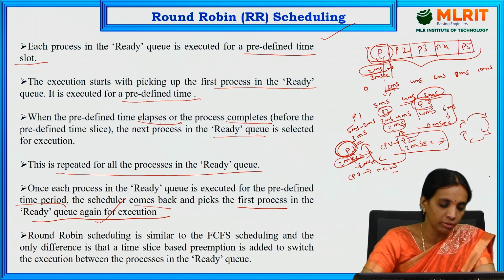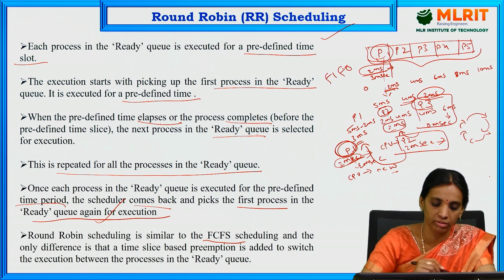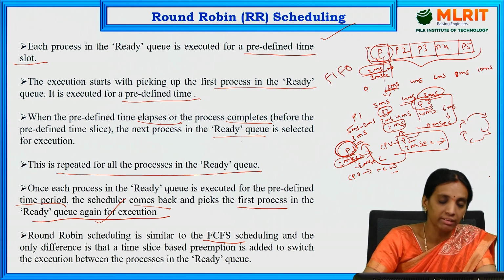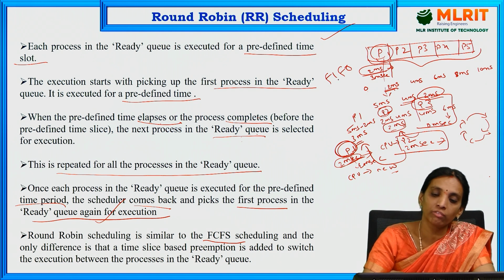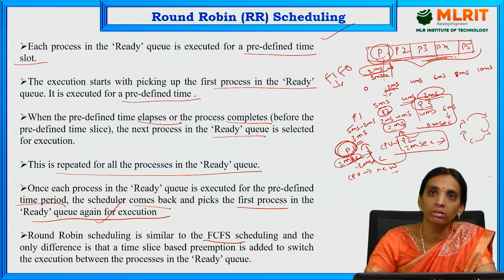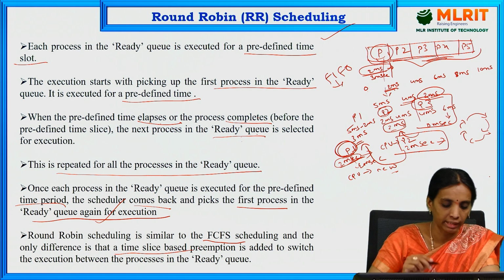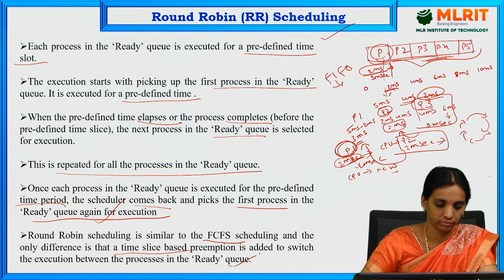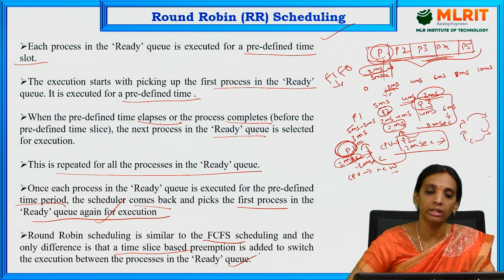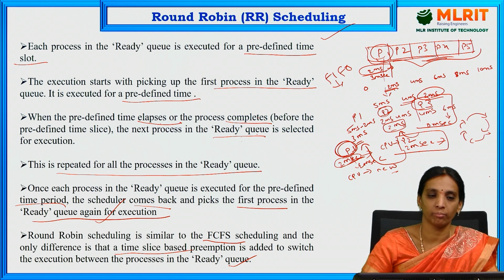This round robin scheduling is also the same as the first in first out (FIFO) scheduling algorithm, or first come first service scheduling algorithm. But the difference is that in FIFO scheduling we follow only the execution time of the processes. There is no fixed time slot for each process. But here we have a time slice for each process. This is the difference between the round robin algorithm and the FIFO scheduling algorithm.